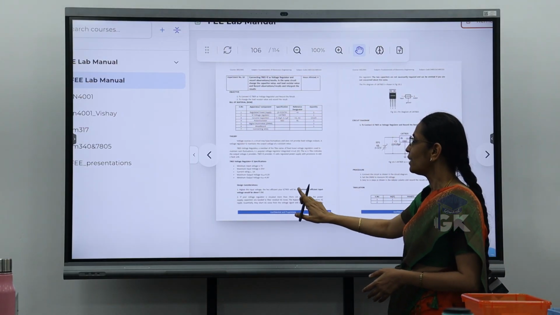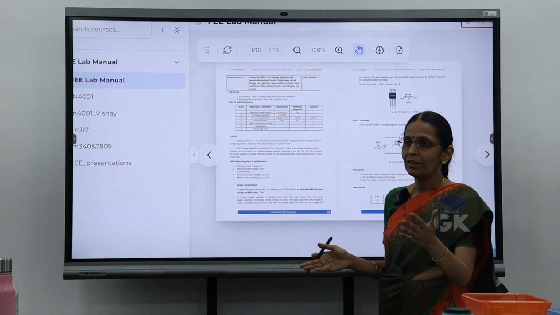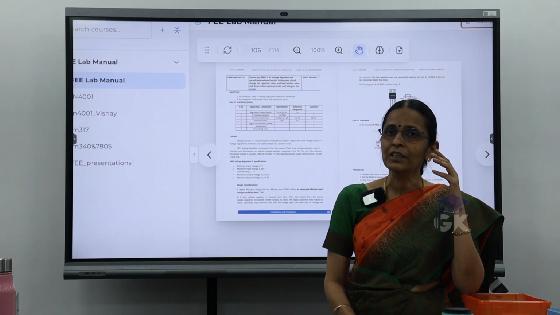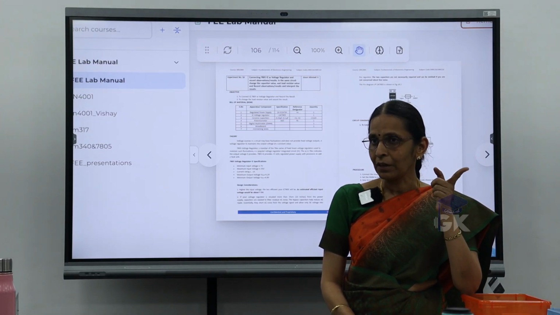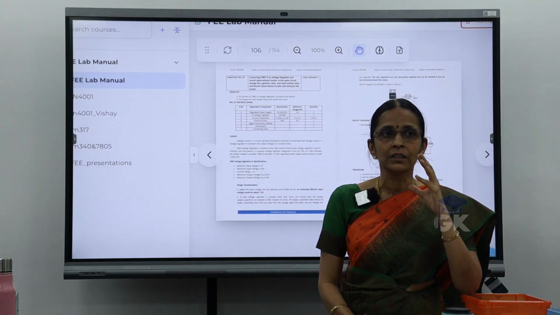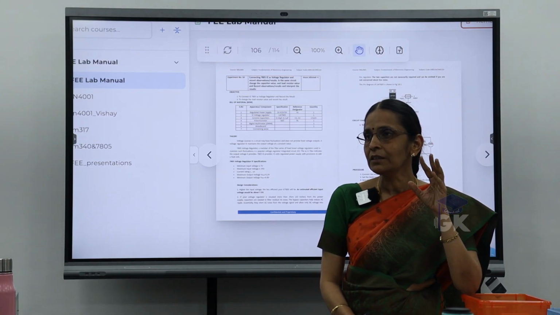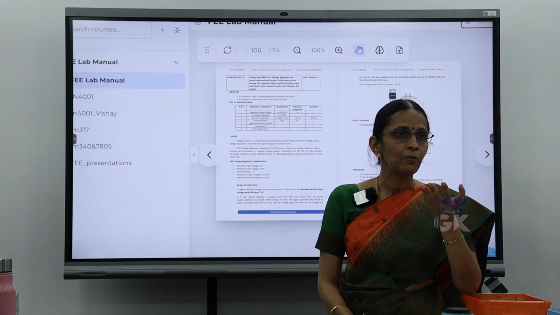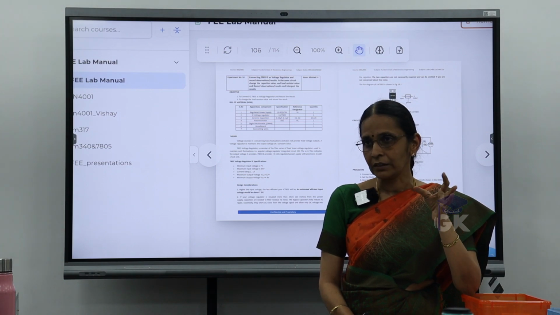Higher the input voltage, less efficient your IC will be. As I was telling, 7 or 10, fine, the difference is less. When I operate with 35 volt as my input, the difference is 30 volt. So higher my input voltage, less efficient will be my IC. Why is it less efficient? Because the difference in voltage just gets dissipated as heat. As a result, my IC voltage regulator will be heated, so you have to provide extra heat sinks and all those provisions to cool down the device. So that is one issue.